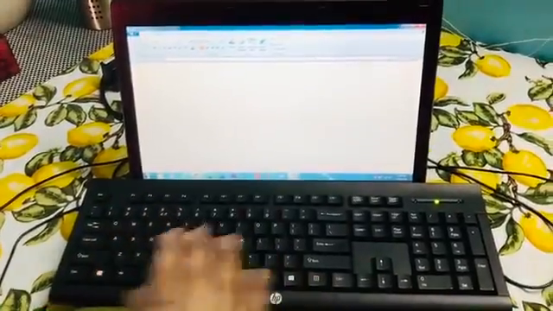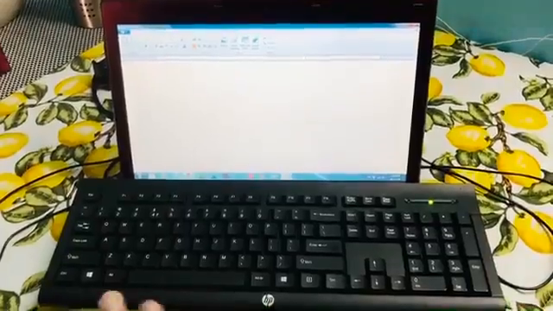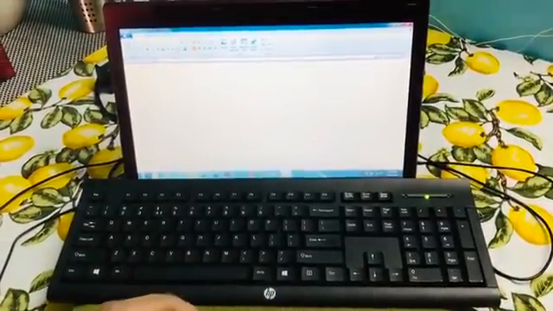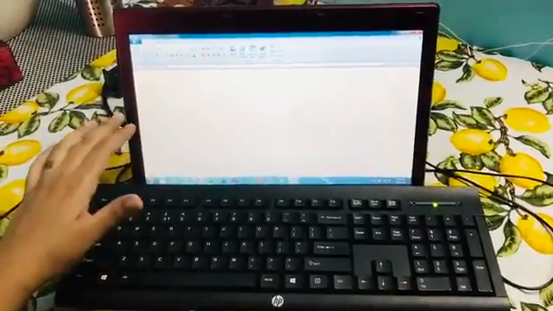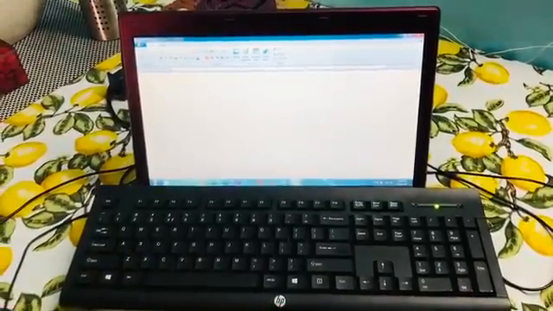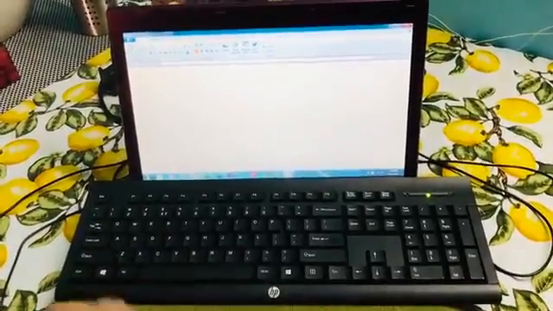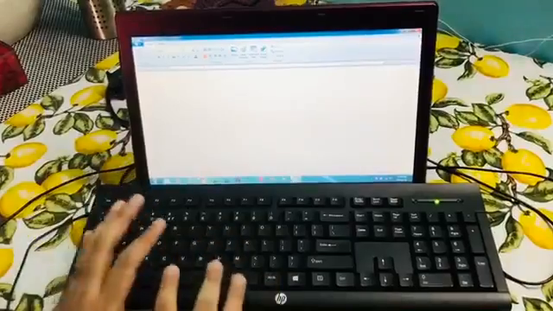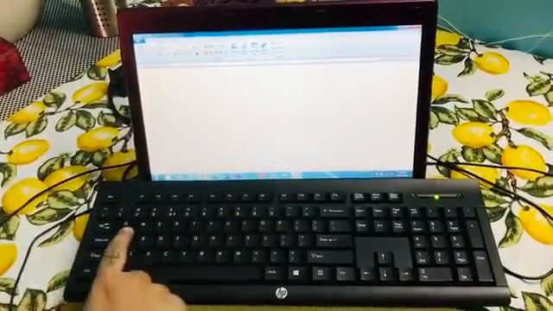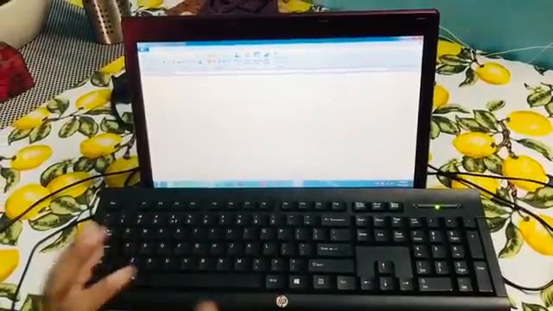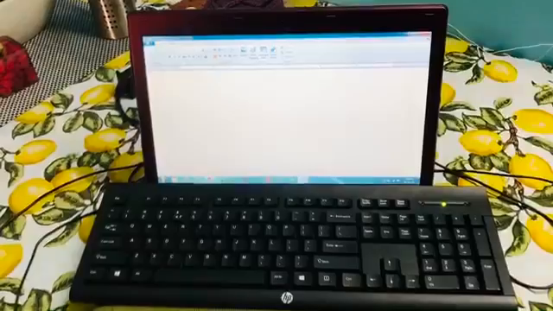So, I want all of you to type A to Z alphabets on the screen with me. But do you know what is the interesting part? You have to hunt for the letters because they are everywhere. Yes, they are not written as A, B, C, D. No, you have to search for it. Okay, so let's see.